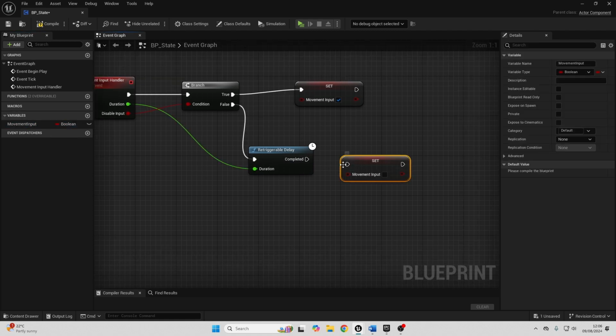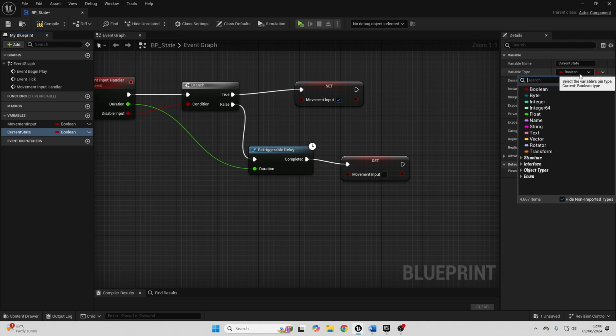We can just connect from false into here, and then we just want to drag in the movement input, and this time make sure it's unchecked. Next, to keep track of what state the player character is going to be in, if we just create a new variable and just call this current state,